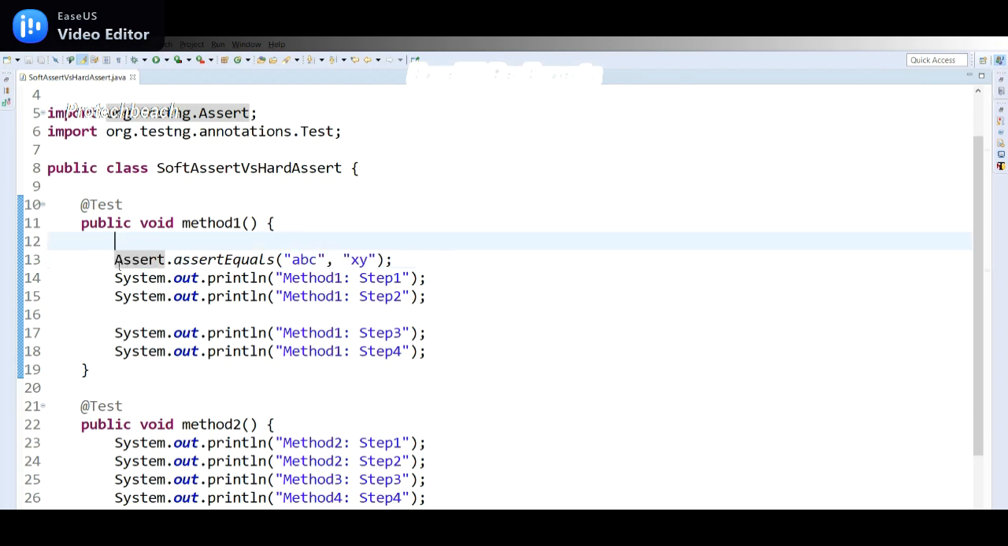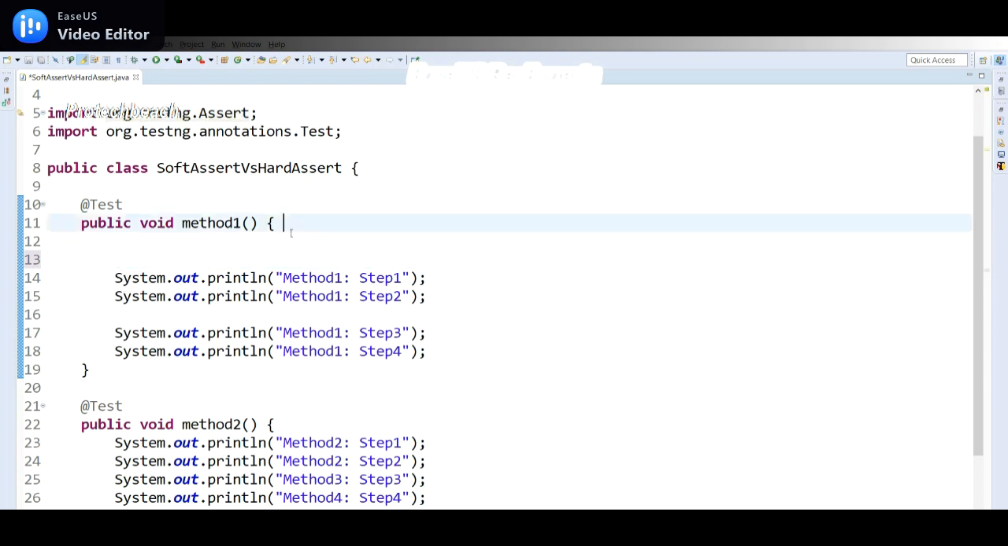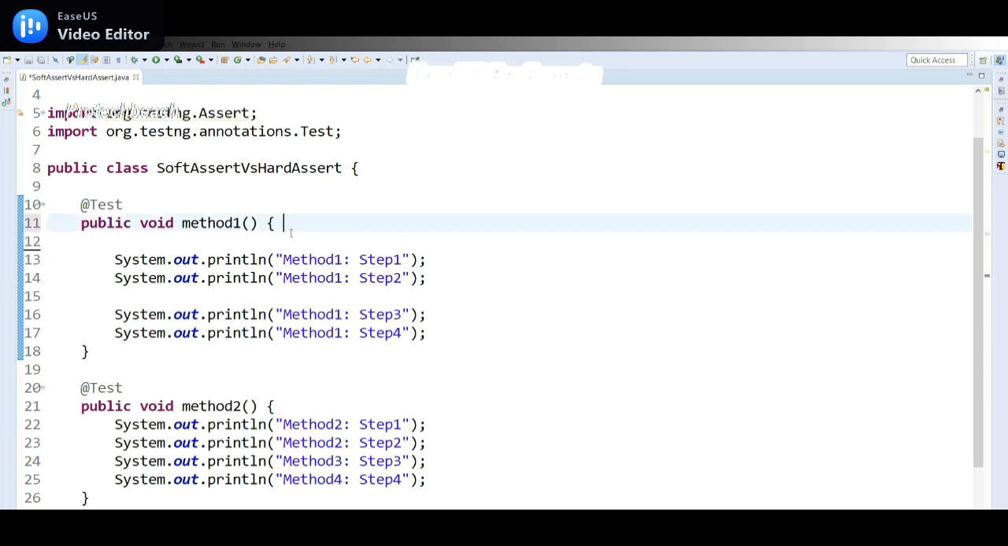If you write this kind of assert, this is the default assert. If you call any method like this, by default, that will be considered a hard assert. Suppose let me add it here. I'm intentionally failing these test cases,